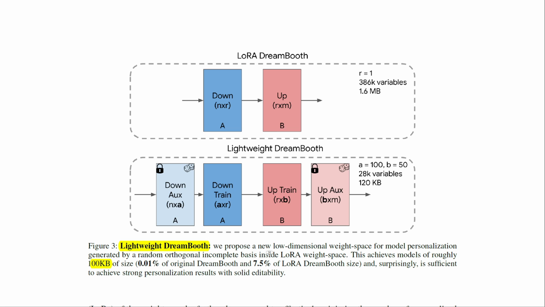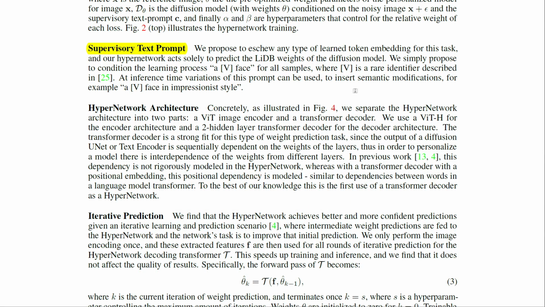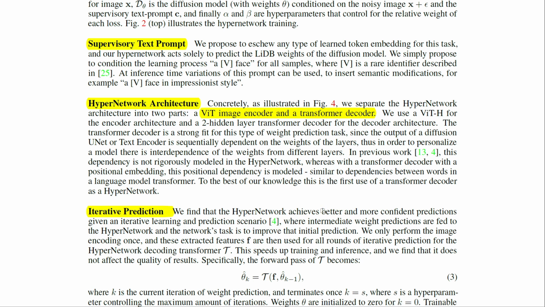This achievement is made possible by training a DreamBooth model in a low-dimensional weight space generated by a random orthogonal incomplete basis. In the pursuit of enhancing prediction accuracy, HyperDreamBooth adopts a supervisory text prompt method, where the hypernetwork predicts LiDB weights of the diffusion model. The ViT image encoder and transformer decoder play essential roles in this process, providing better and more confident predictions through